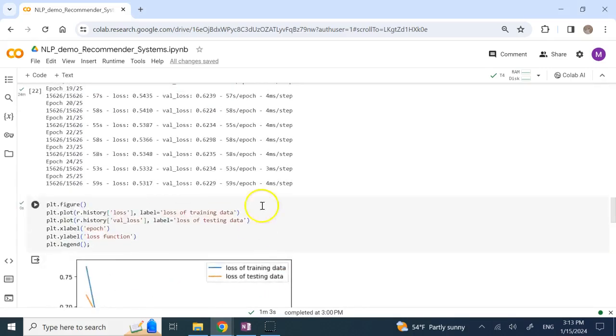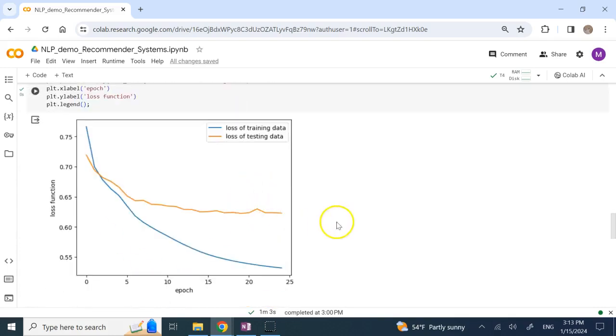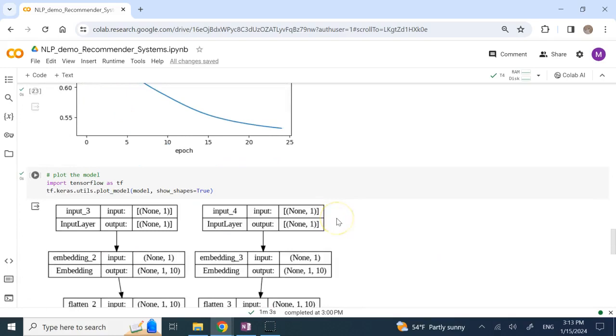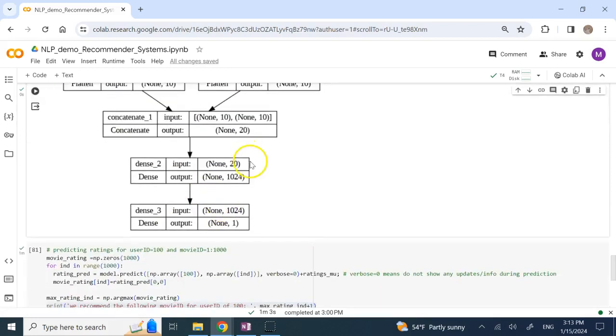Okay? You might change your optimization technique. You might get it a little bit better, but it doesn't mean necessarily that you can get it very close to 0. Here is the plot of the network. You can use the Keras utilities plot_model if you want, and this is what I told you.